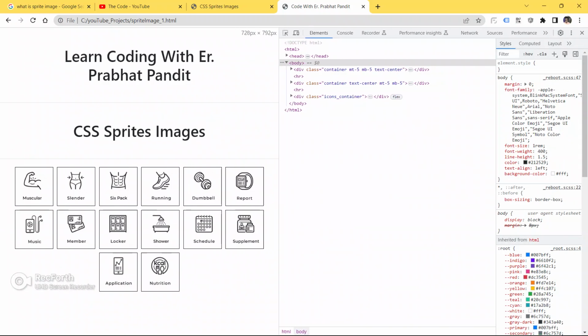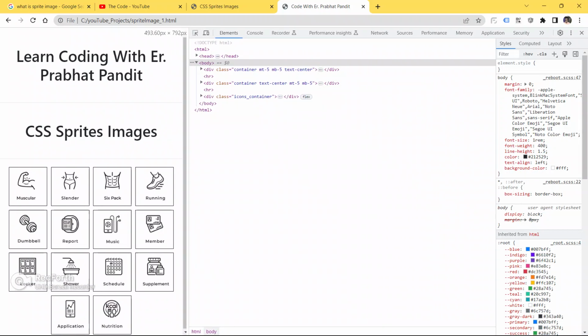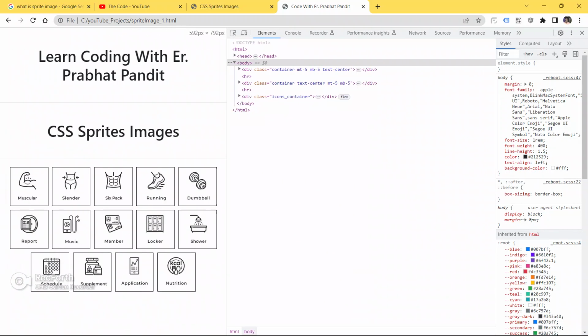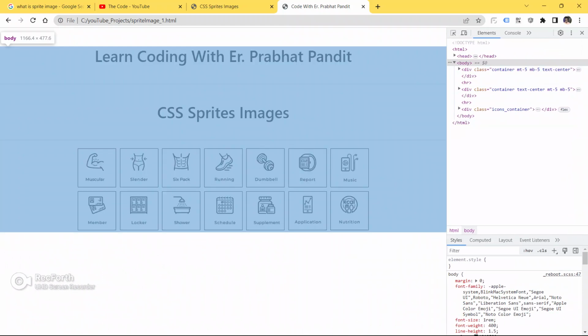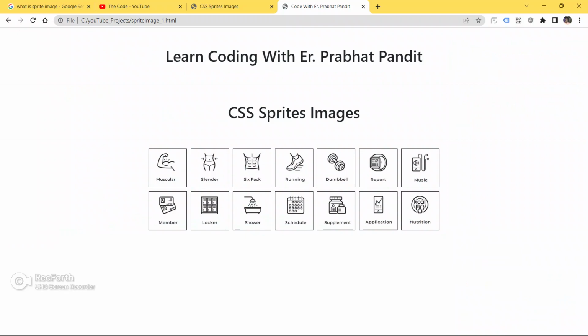Now see guys, it has started behaving in a responsive manner, according to the device sizes.